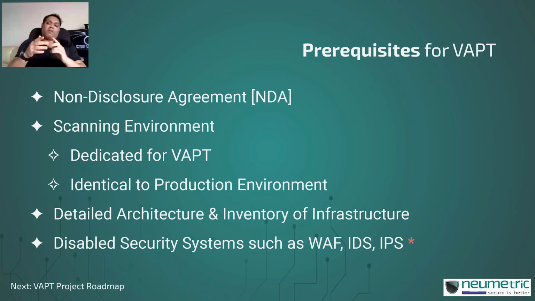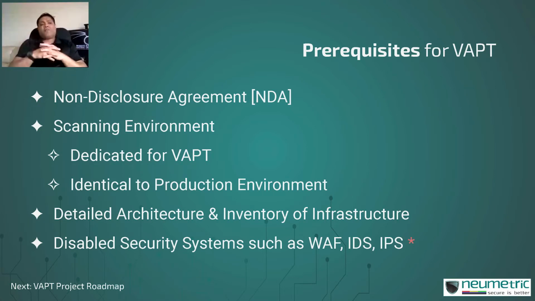There will be configuration differences, there will be infrastructure differences, there will be network architecture differences, there will be weaker levels of business logic security built into the application, meaning the security that is built into the application, like for example throttling or rate limiting, or password policy. These aspects may not even be enabled in the testing environment, whereas when you're conducting a VAPT, you may want these aspects to be enabled because you want to test the application as it is used in the production environment.